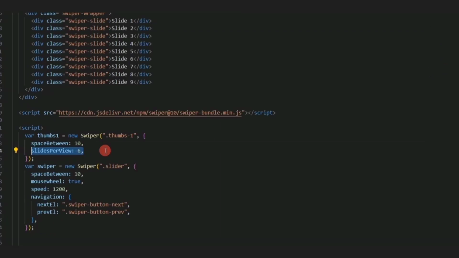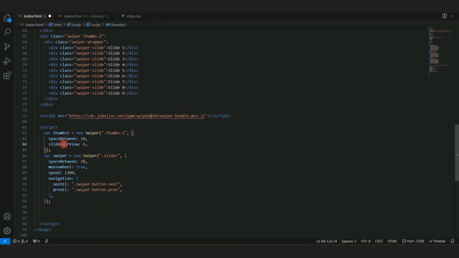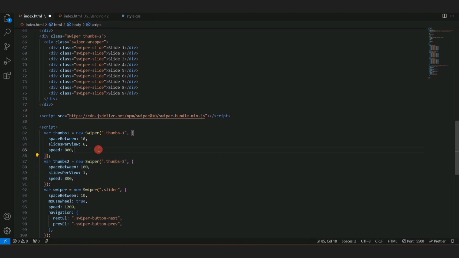And this time we have slides per view 6. Since I want the slider to have 6 slides per view, we can scroll and have 6 slides each. All right. And then we're going to have another slider for the second thumbnail with 1 slide. Okay. Now,